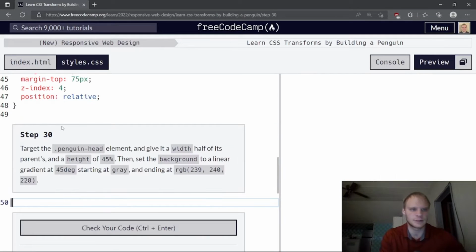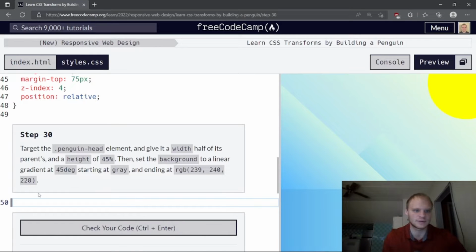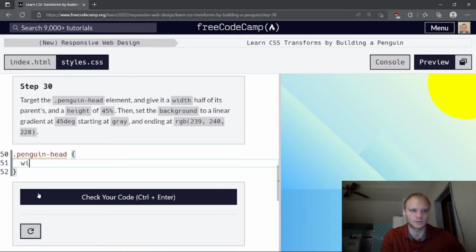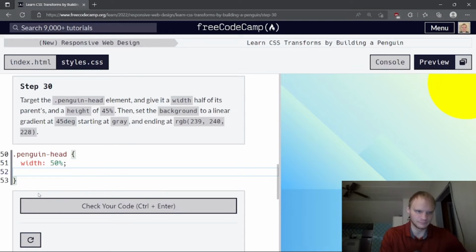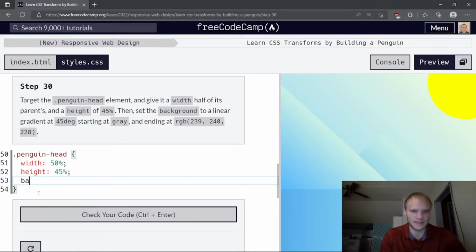All right. Target the penguin head element to give it a width half of its parents. All right, so dot penguin head, and give it a width of half of its parents. So width of 50%. That's all we need. Since width of 50% will be 50% of its parent element. Okay. And also height of 45%. And then set the background